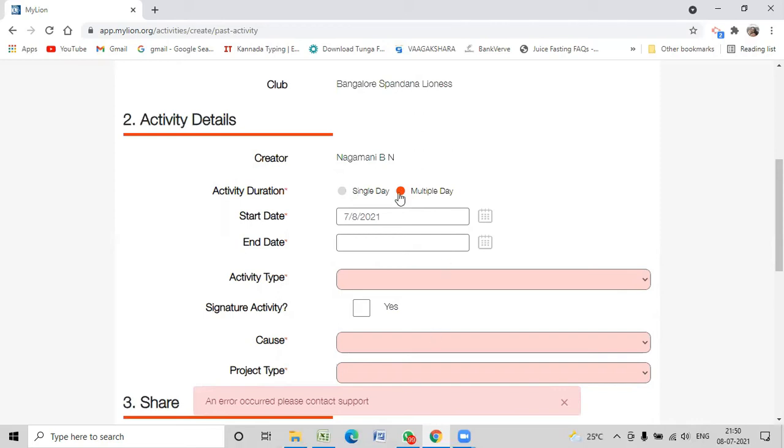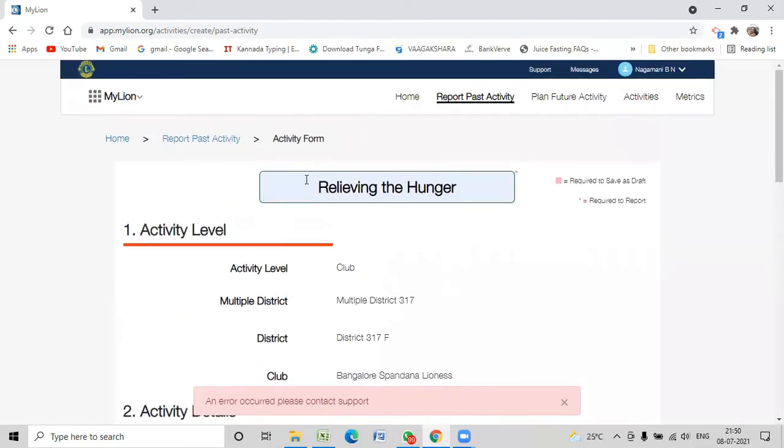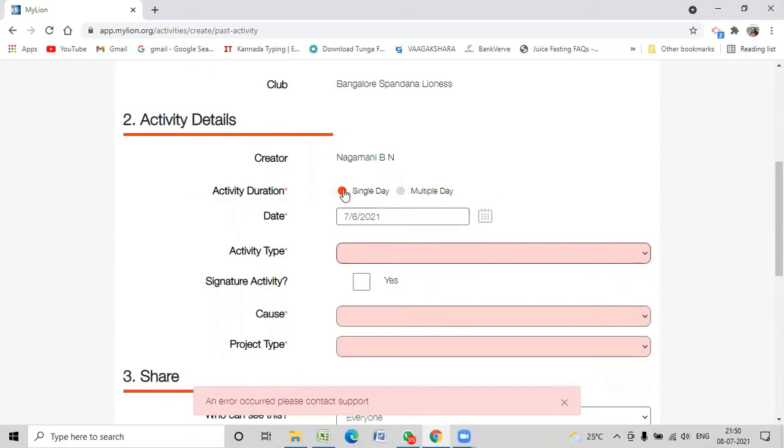Then it will be a multiple day activity started on, let's say, 6th and ended today with the valedictory function. And of course, when it is Quest, you have to go ahead and change this. This will not be relieving the hunger. Let me come back to single day and let me still keep it relieving the hunger.